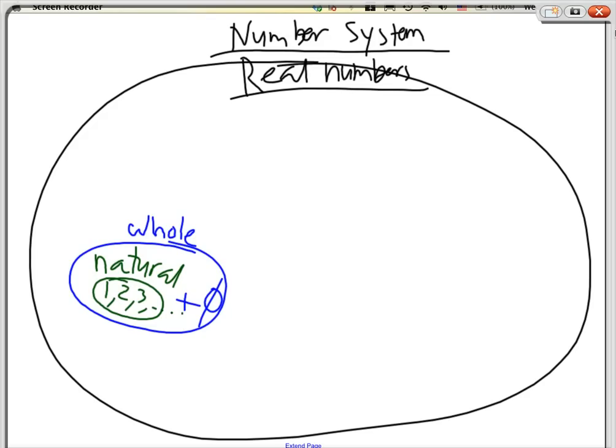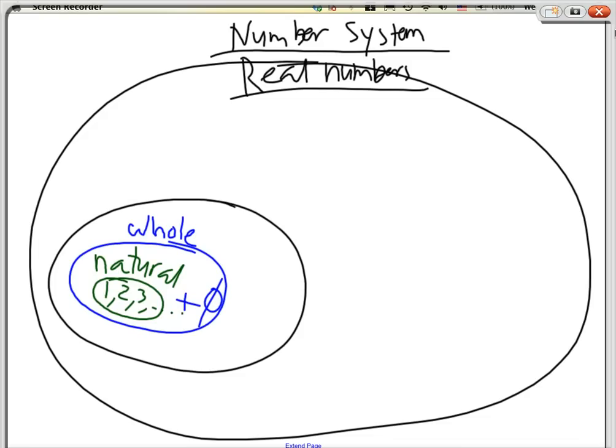Okay, so next one. And now we come down to our next set of numbers. What do you think this next set of numbers is going to be? Decimals? Integers, very good. This next set we have here is called integers. So as you can see, integers contain everything in this. That means it has 0, it has 1, 2, 3, 4, 5, and it also contains all the negative numbers.